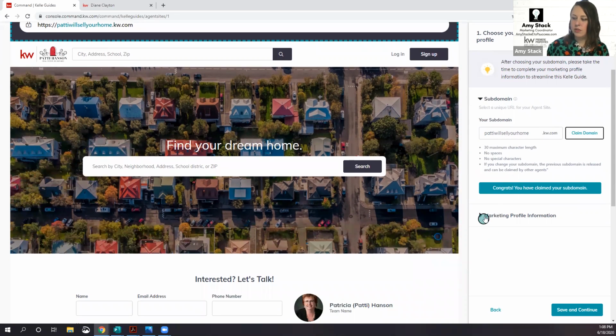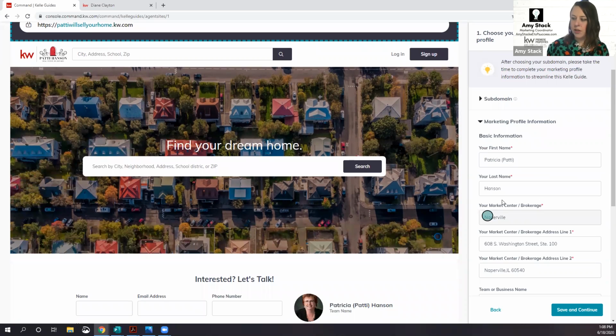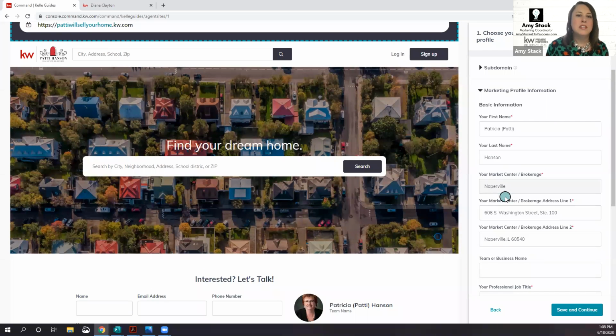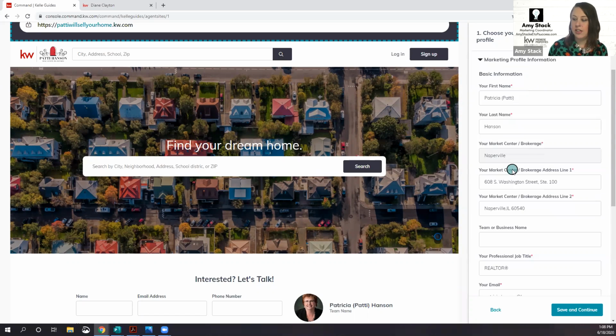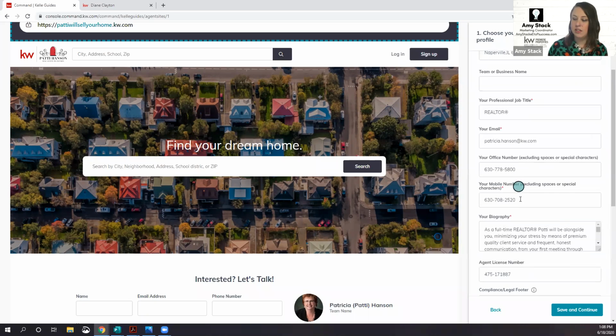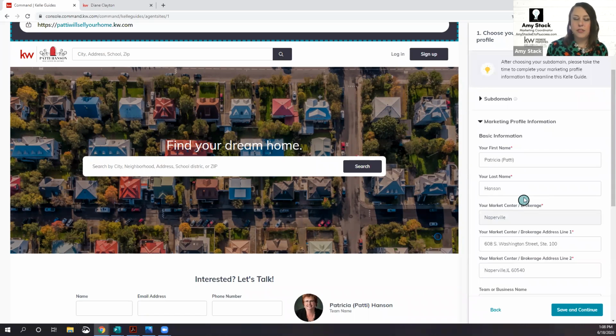The next thing we want to do is go ahead and click that marketing profile button. Now, one of the prereqs I said for the class was to fill out your marketing profile, and Patty does have hers filled out. So you can see that this information has actually auto-populated into here for her. If you have not filled it out, that's okay. You can definitely fill it out directly from the screen, or you can fill out your profile first and then